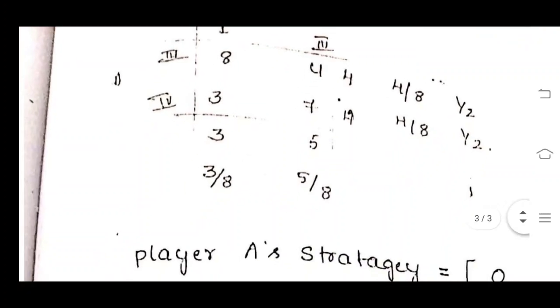And similarly for the fourth row, in front of the fourth row the difference we have written is 4, that will be written in the numerator, and in the denominator the sum of both the row values, that is 4 plus 4, 8. After simplification you will get 1 by 2. The probability for the third row is 1 by 2, and for the fourth row is also 1 by 2.